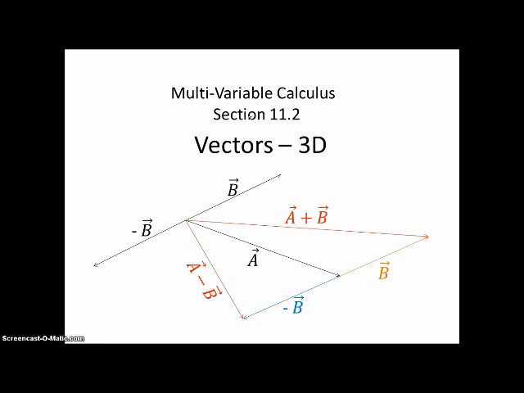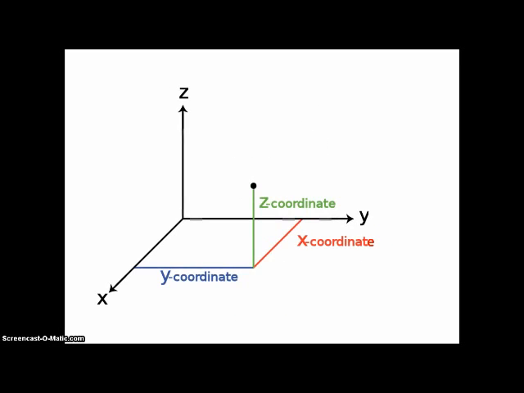Here we are at Multivariable Calculus, section 11.2 from your Edwards and Penney textbook, 3D vectors. Again, this is really just pre-calculus, but it's setting the stage for vector calculus later. Here we have three space, x, y, and z axes, and the coordinate, of course, has three components, x, y,